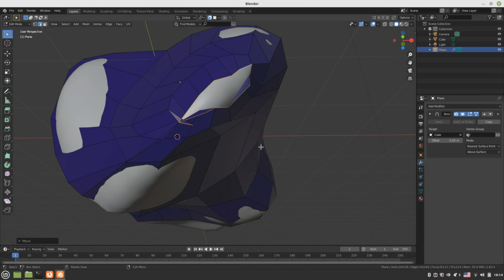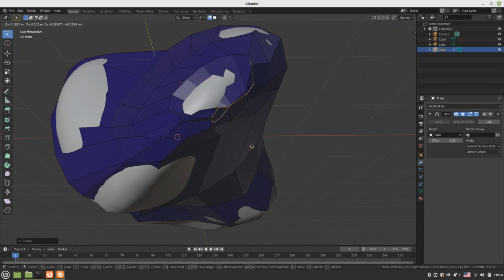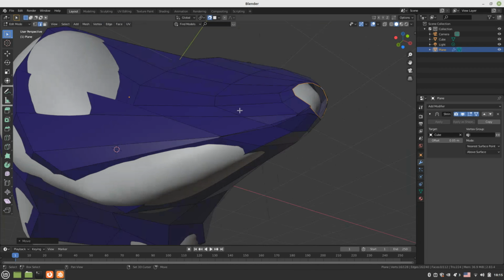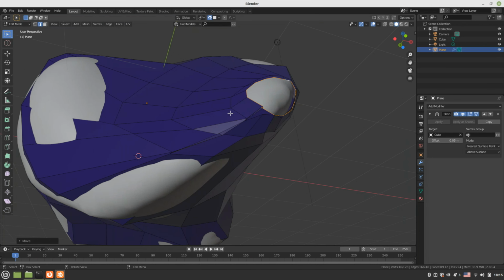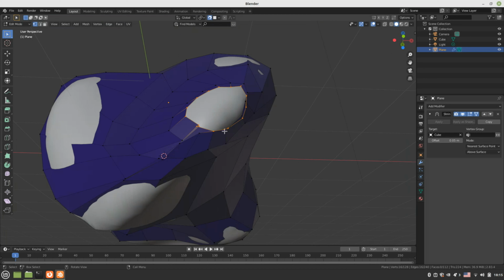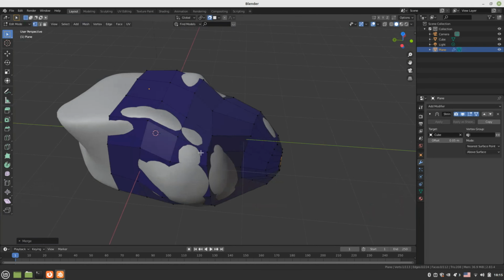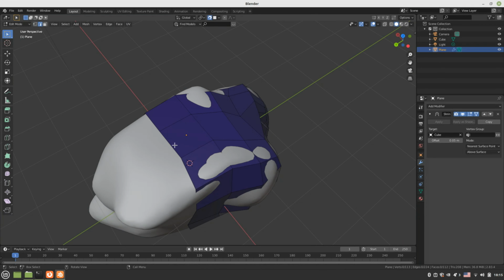What we do is scale it down, grab it, and we could do one thing in the point mode. In the vertex selection, we'll merge these vertices at the center. So one side is done. Similarly, the other side,